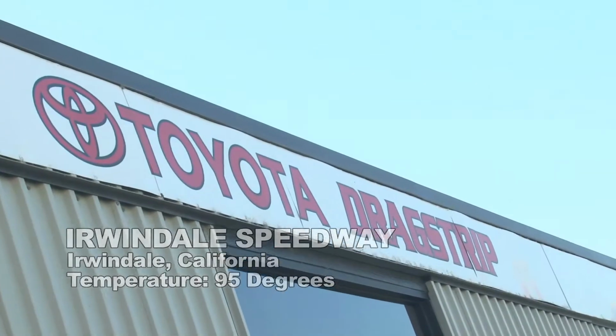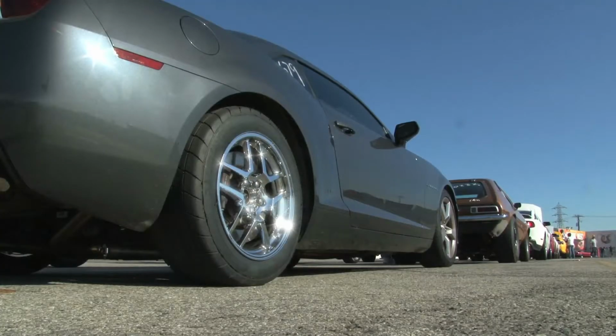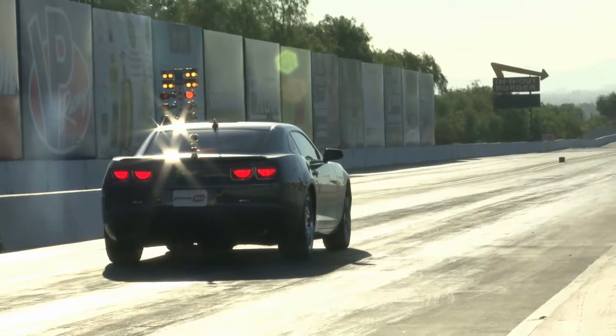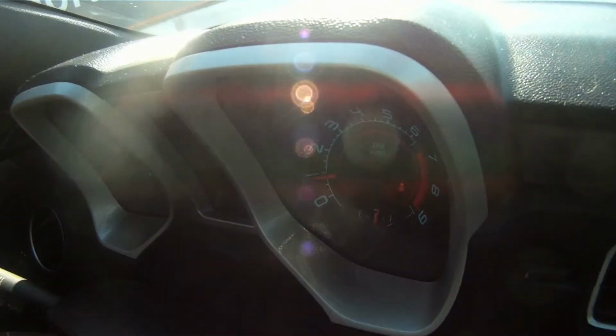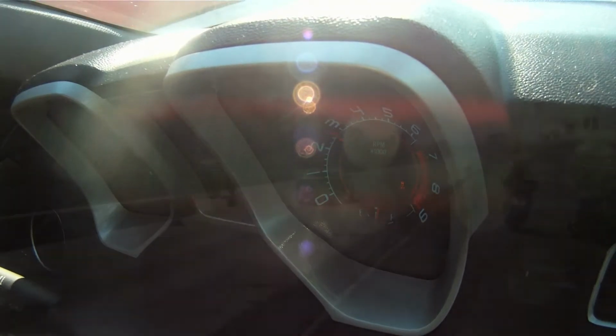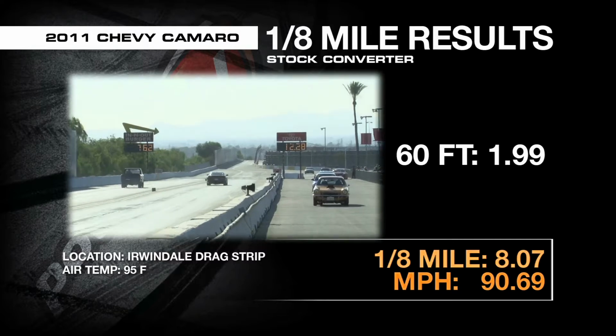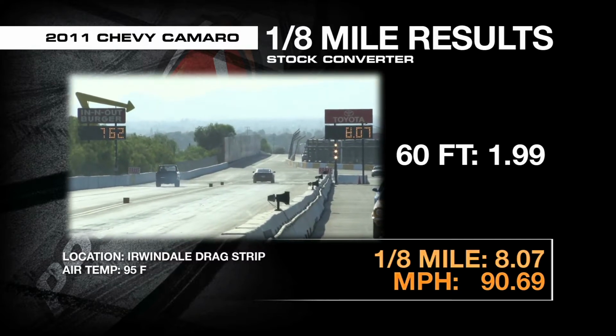At the drag strip, we bolted on a set of race tyres to take traction out of the equation and took our best shot to see what the stock torque converter could do. Holding the car on the line with the brakes until we got the green light, the engine revved to 1500 RPM before it would climb no higher. Launching at that RPM gave us an elapsed time of 8.07 in the 8th mile with a 60-foot time of